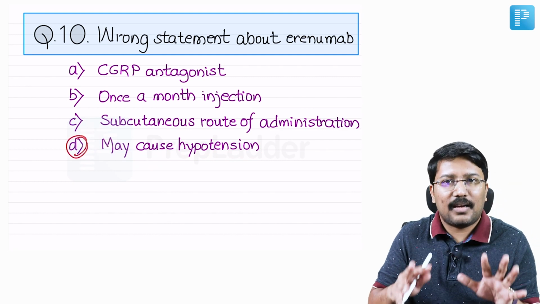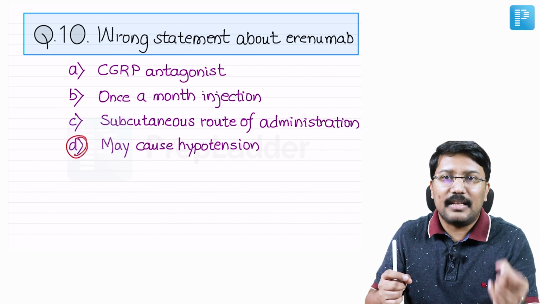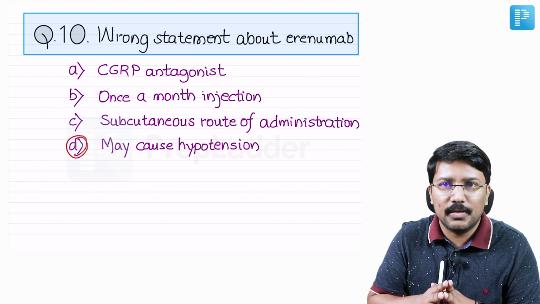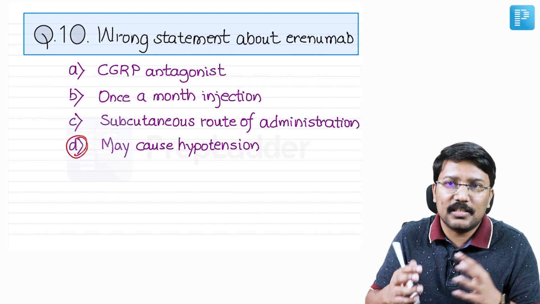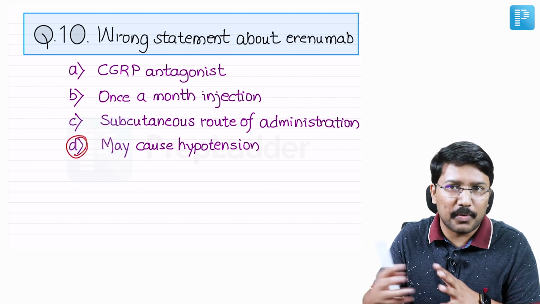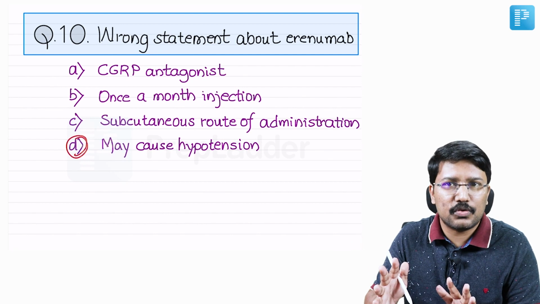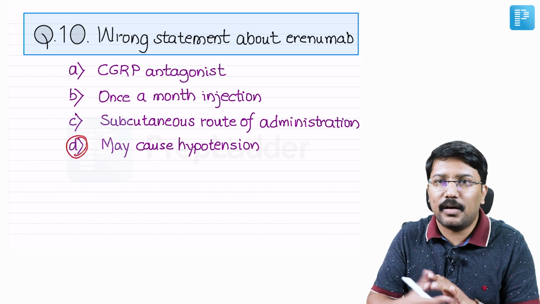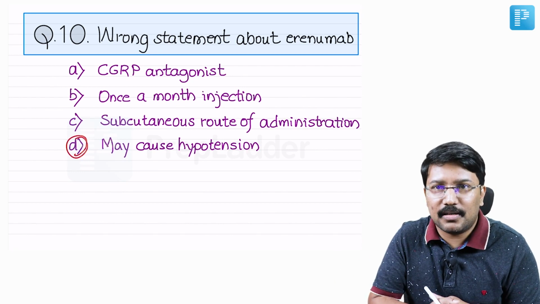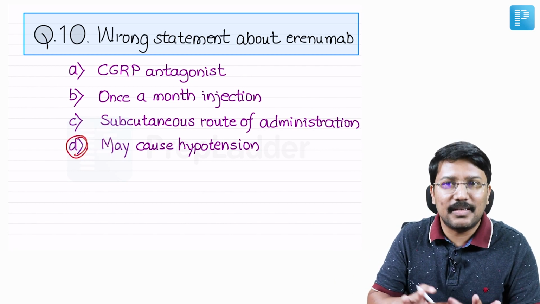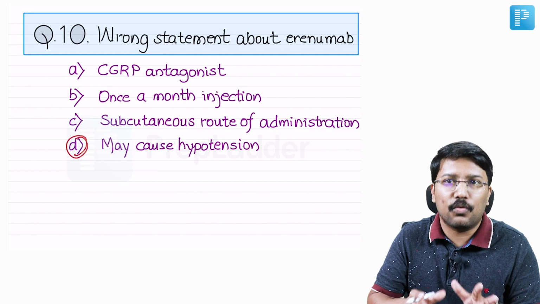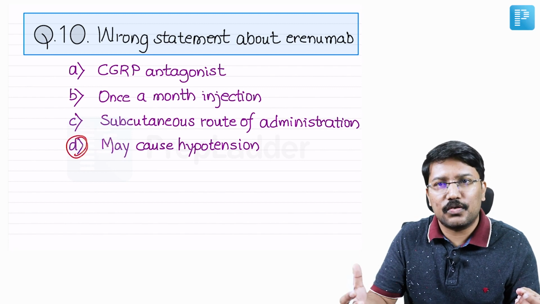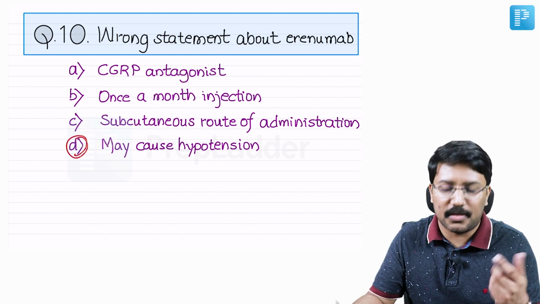Okay, so there are trials which showed that there is slightly increased prevalence of hypertension in patients treated with erenumab, but again that was not statistically significant in most of the studies when compared to placebo, right? So theoretically it is supposed to cause hypertension. Maybe we should be cautious because this is a relatively new drug. The long-term outcome will tell us whether significant increased hypertension occurs, but hypotension is definitely not a side effect. Right? This won't cause hypotension because CGRP is a vasodilator. If you're blocking it, how would you cause hypotension? You would end up causing hypertension, right?